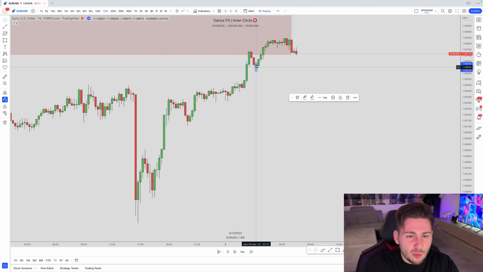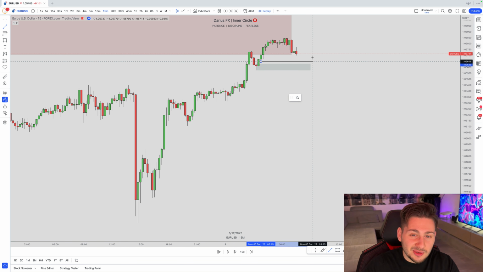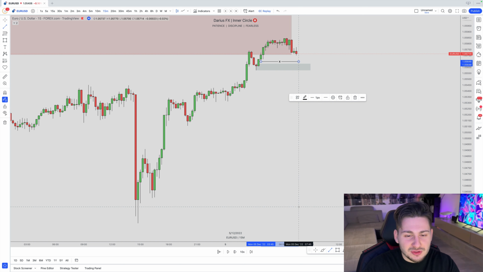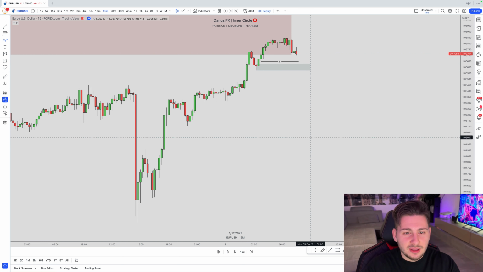So this is exactly where a standard smart money concept trader would say, hey, this is my demand zone, right? You got here your liquidity area. So you're about to look for this kind of opportunity, trying to go for a long. Now, for us in the inner circle, when we see such a scenario, in this case, how it looks like